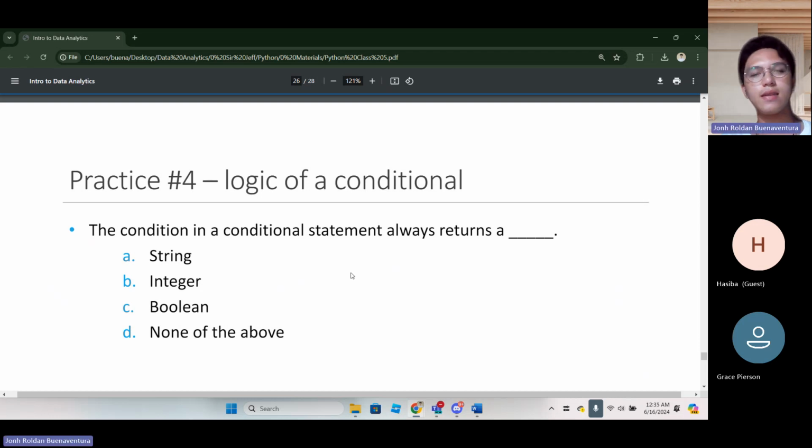What are the things being returned to us by the conditions, the conditional statement? The condition should be returning true or false, because then the data type can change what the then is, right? So what data type is true or false? Yes, exactly. C. Okay, remember that.